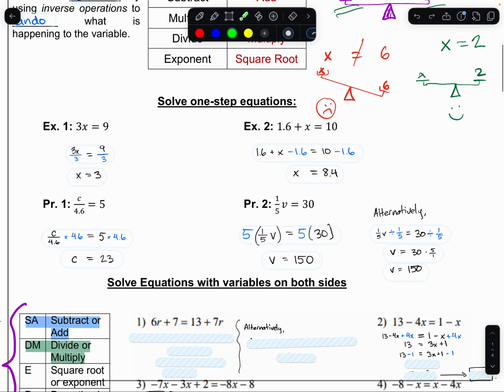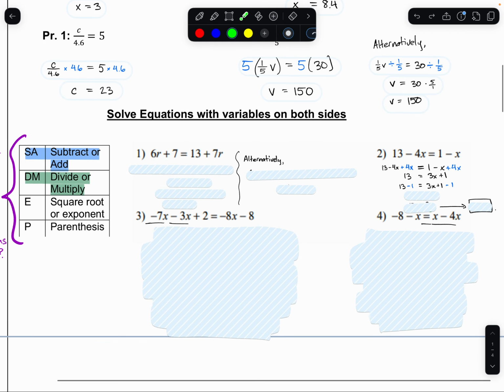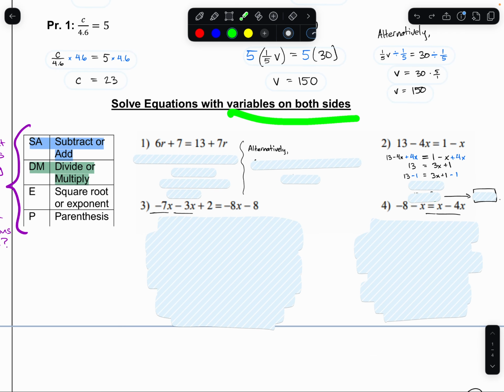All right. Now, these ones are called one-step equations, the ones we just talked about, because the variable is just on one side. We can just do the inverse, and then we get the variable by itself in one step. But if the variable's on both sides, like in number 1, we have an r on the left side expression, and we have an r on the right expression. This is going to have more than one step, and that's okay. So in number 1 there,